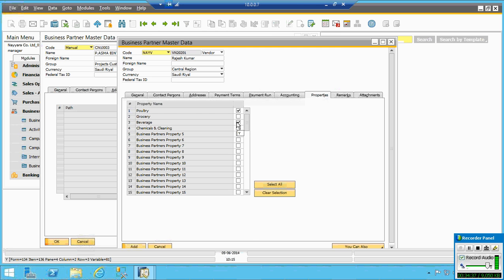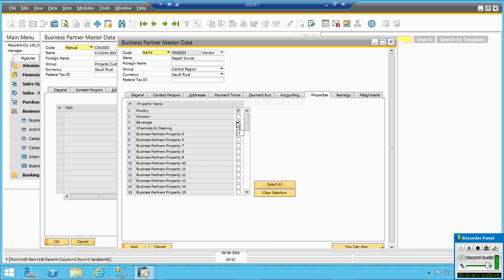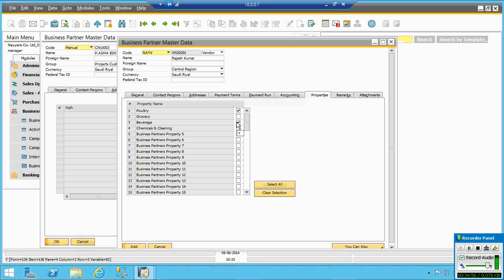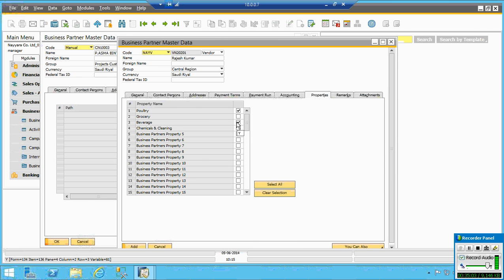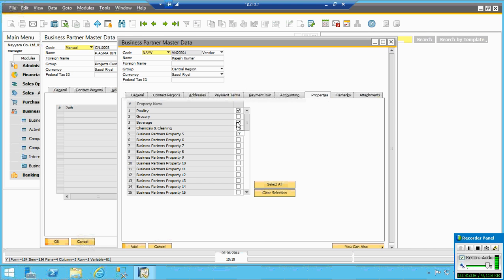That is not necessarily a problem. Whatever you tick here, or the grouping, is used only for your approval. It doesn't affect your transaction. Even if there is a conflict, it doesn't mean that I cannot purchase a chemical. I can definitely purchase something chemical, I can purchase anything from it. That is not a stop. The only thing I am saying is that I want to generate a report on what the customer or the vendor is willing to take, for example, center business and feed grocery time. Then I use this.